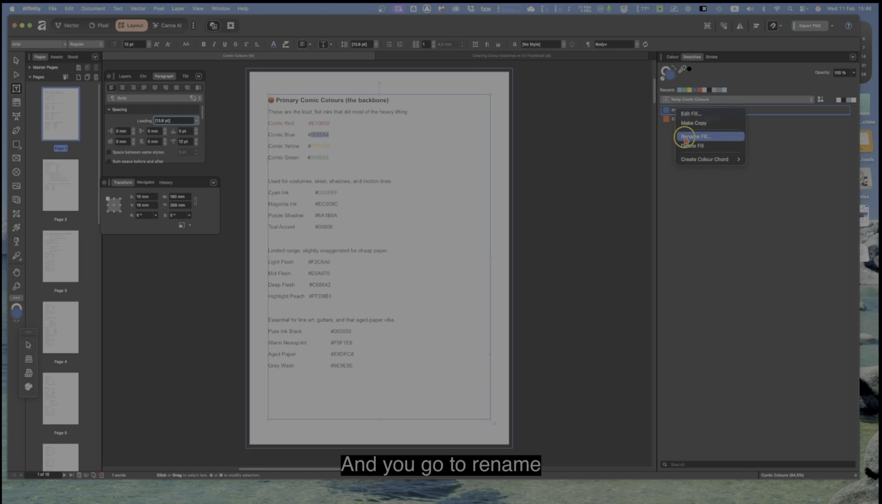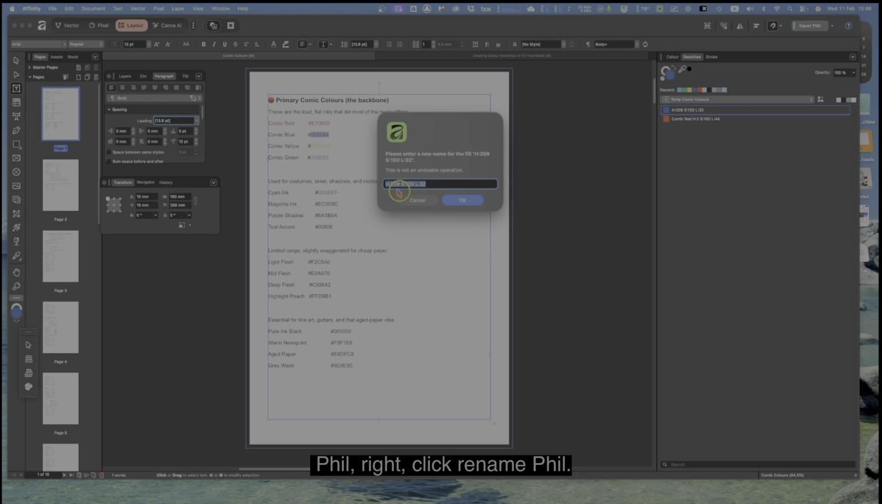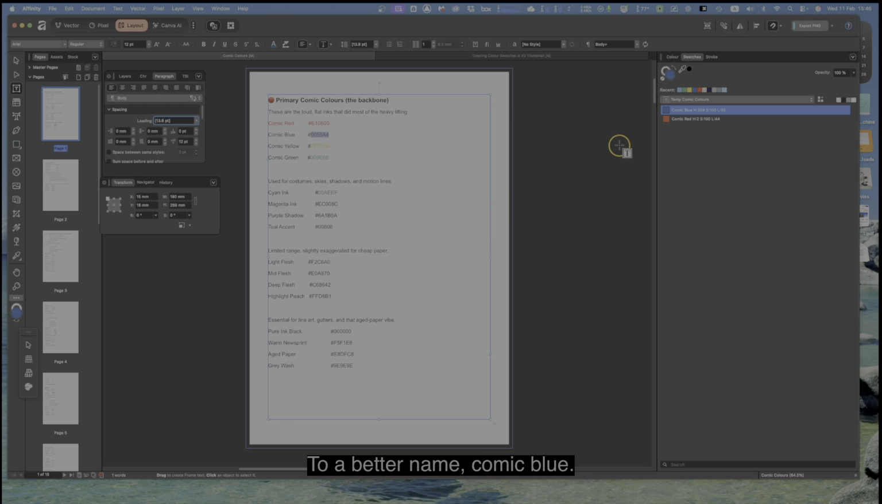And you go to rename fill. Right click, rename fill. Well, Phil gets renamed all the time, doesn't he? C-O-M-I-C, Comic Blue. We've renamed Phil to a better name, Comic Blue. His mother will never recognise him now. Now we've got Comic Yellow. You can see what my previous work has done. It's changed all these numbers to the colour